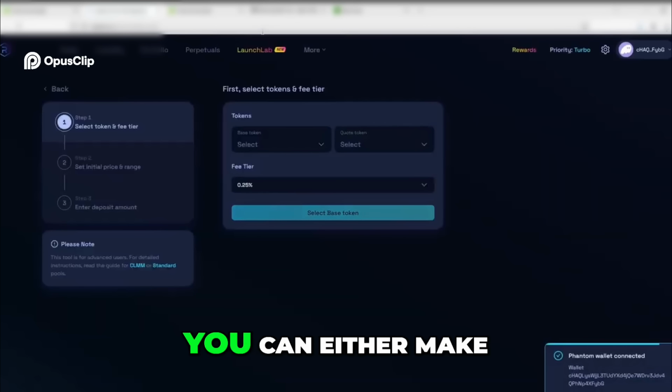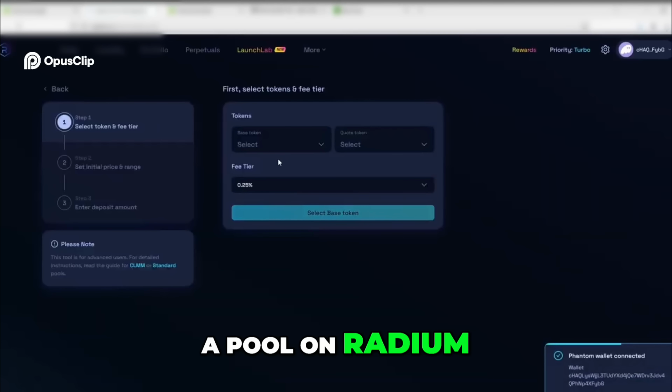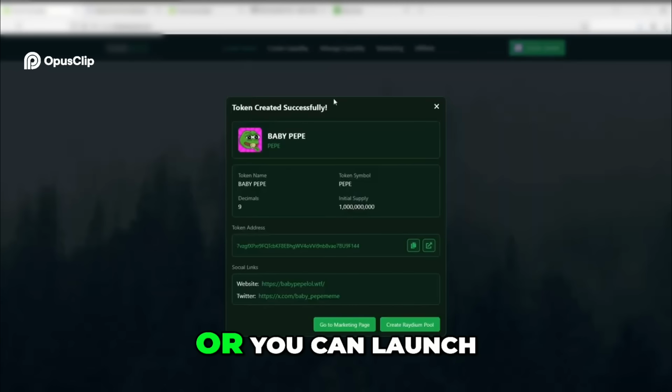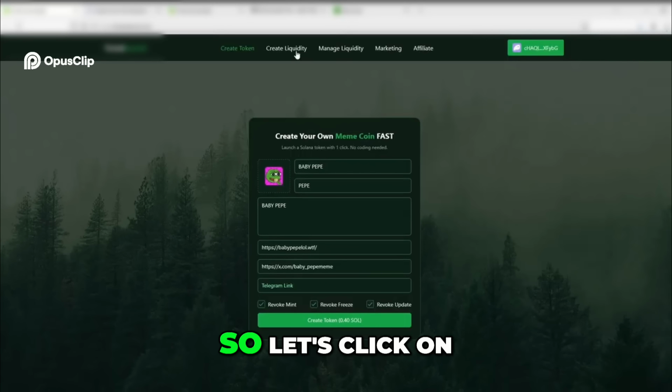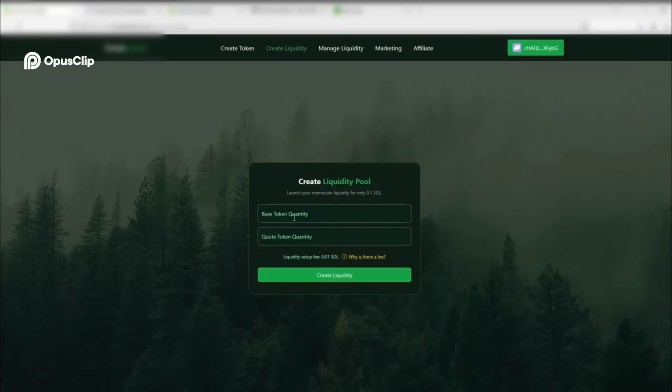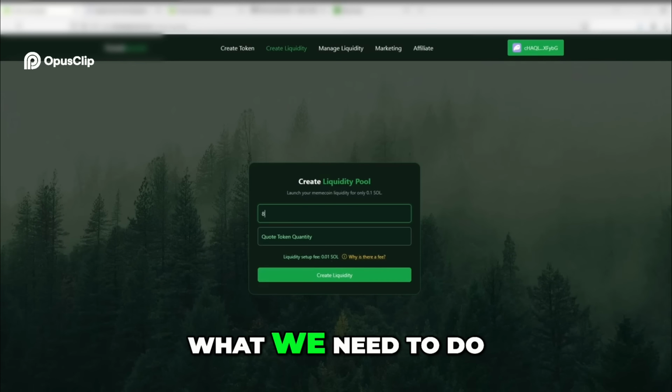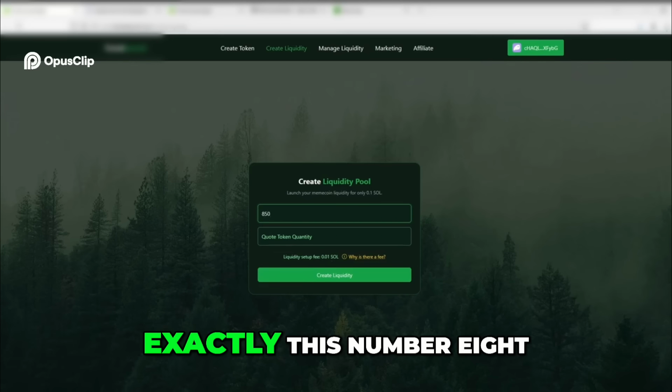So yeah, you have basically two options. You can either make a pool on Raydium and you'll launch it on the Raydium network, or you can launch it directly onto the Solana network. That's what I'm gonna do. So let's click on create liquidity, and for the base token, what we need to do, we need to add exactly this number,